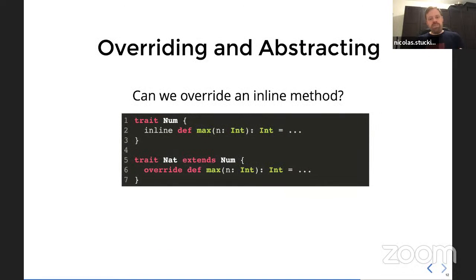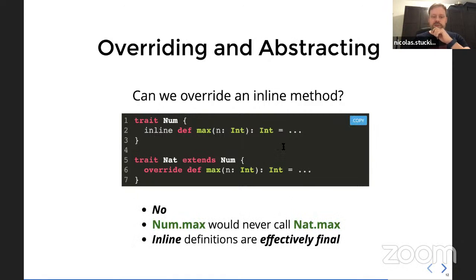Now, a quite similar situation is if we have an inline def, and then we want to override it with a normal definition or with an inline definition. So here the problem is that we won't be able to do it. And the issue is that if we call num.max directly, then we're going to inline the code of num.max directly. But if at runtime the value that we actually passed to it was a nat, then we should actually be calling nat.max, which we will never do, because we remove the